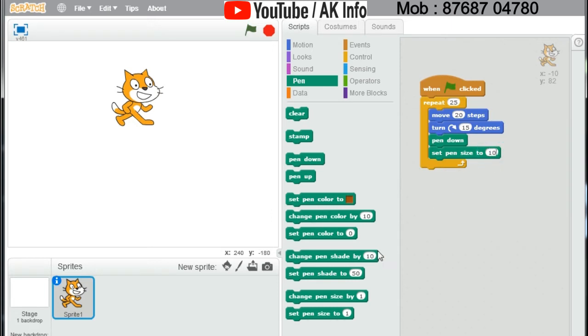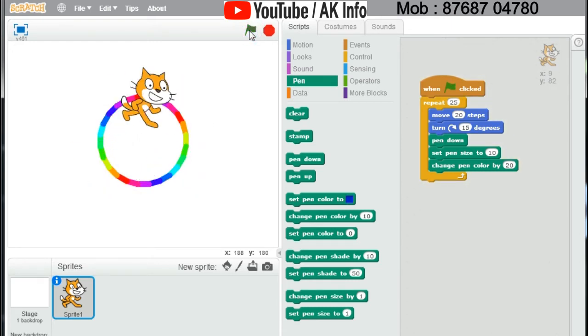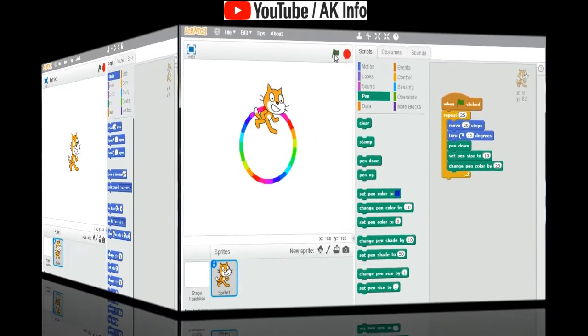After that, take change pen color by 10 and change it by 20. Our program is ready. Now click on green flag to run the program. Here you can see our sprite drawing a colorful circle.